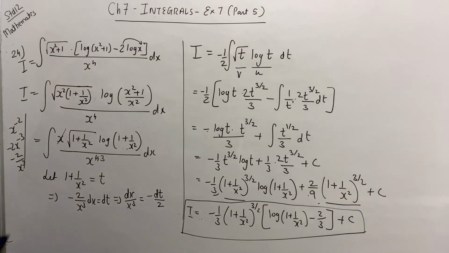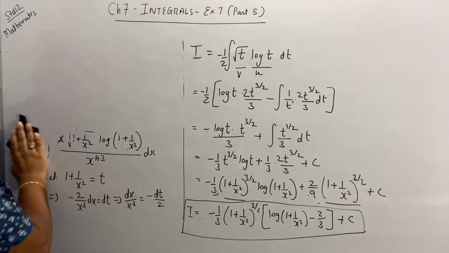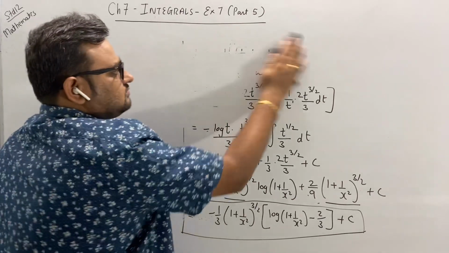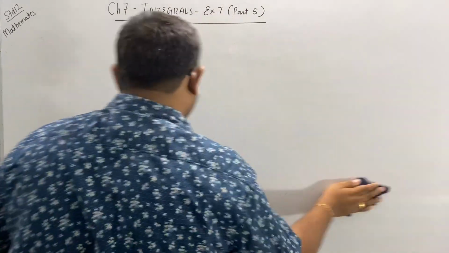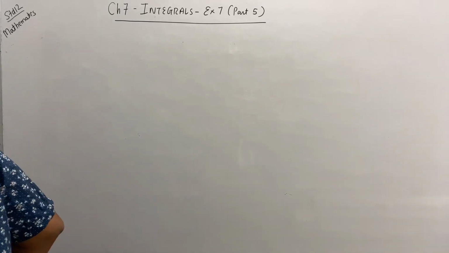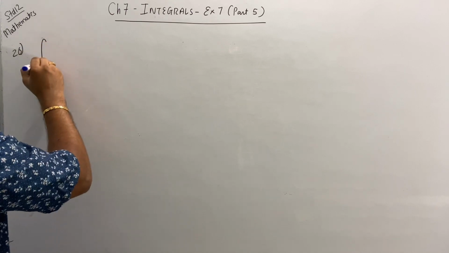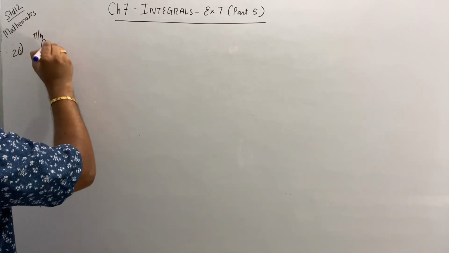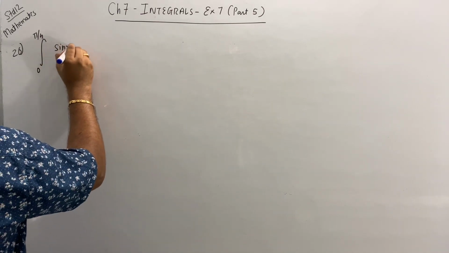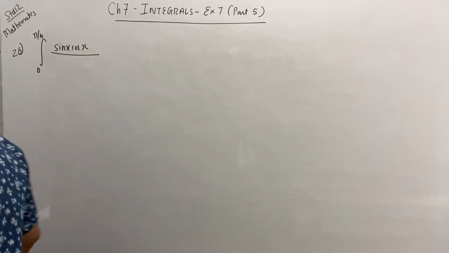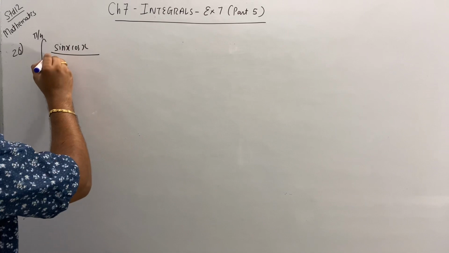Okay, let's move to the next one. That is question number 26. Question 25 we had already solved in our previous videos. So question number 26: the integral from 0 to pi by 4 of sin x cos x upon cos raised to 4x plus sin raised to 4x.